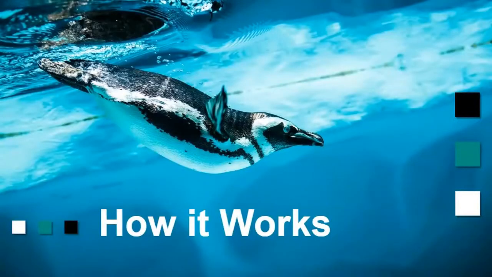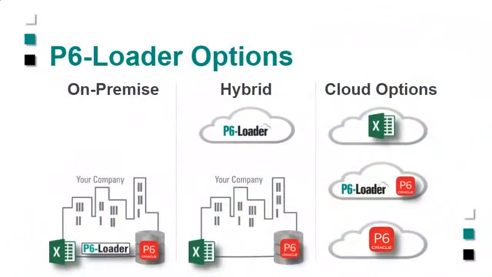So let's talk about how P6-Loader works. The first thing is, it doesn't matter where you are or how you access P6. P6-Loader will work with just about anything. So let's say that you've got everything on premise. That's fantastic. P6-Loader can be installed on your network, and it will work from your desktop Excel to your P6 that's locally installed. You can even run it on a single workstation. We have a P6-Loader standalone version, which is there just for one or two people working in a job site trailer somewhere,